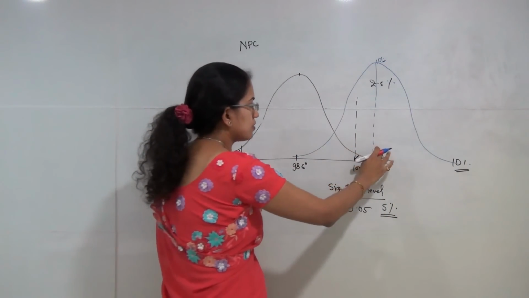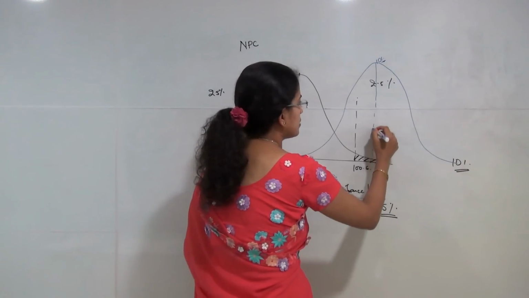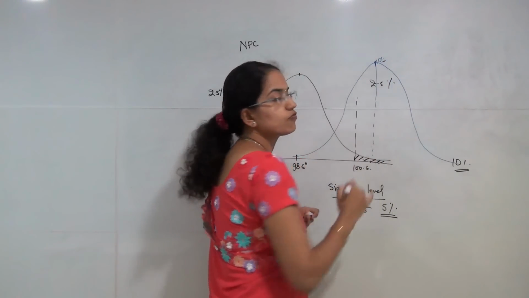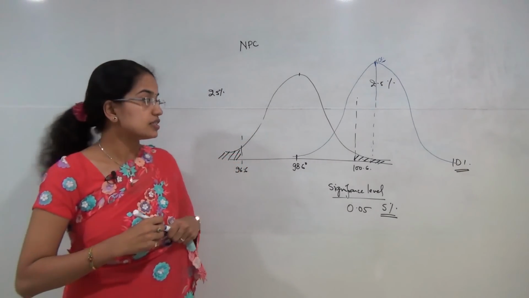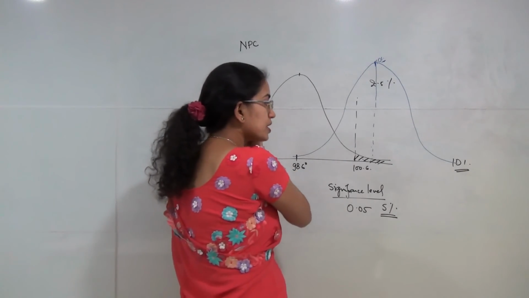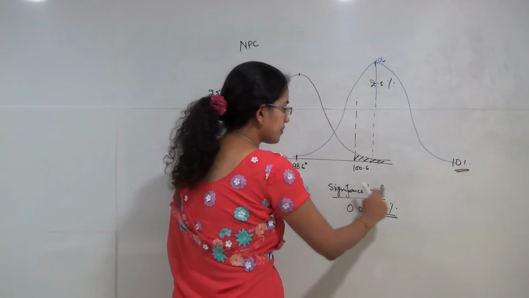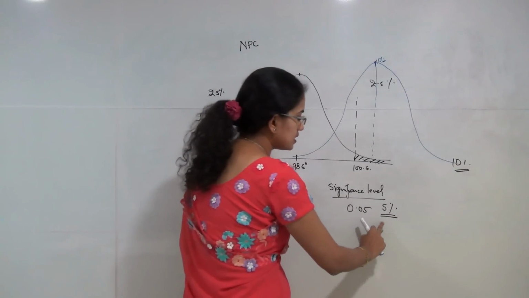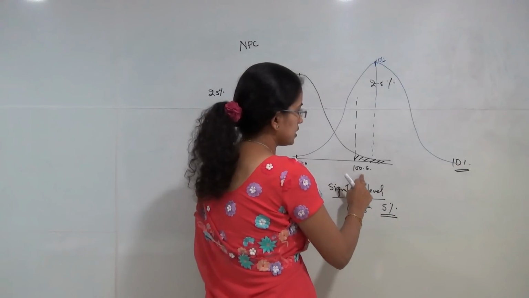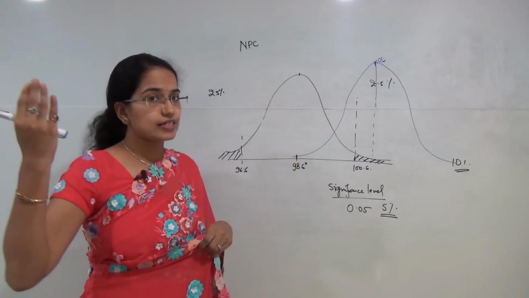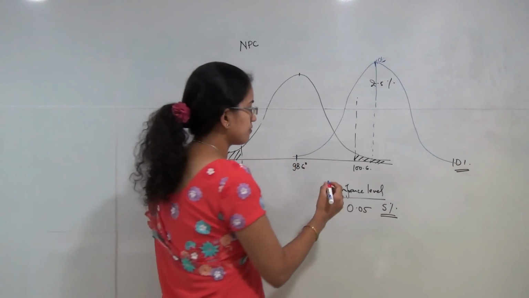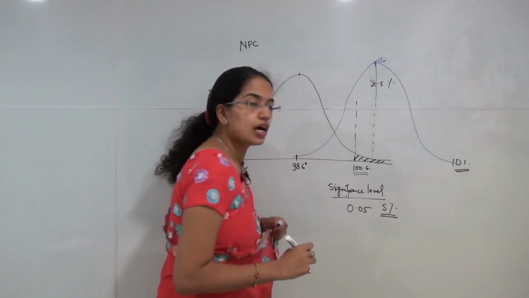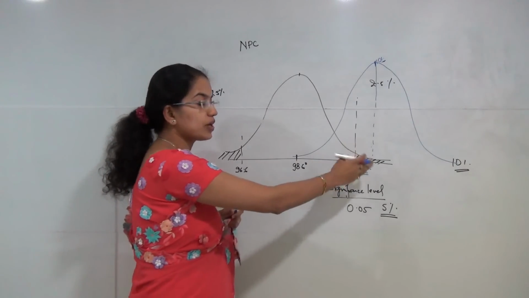Now this curve is plotted along the values that we have taken for our sample data. So these are two different things, remember. This is the significance level that we have decided. Now let's say I set a significance level of 5% and the value lies beyond that 5%.